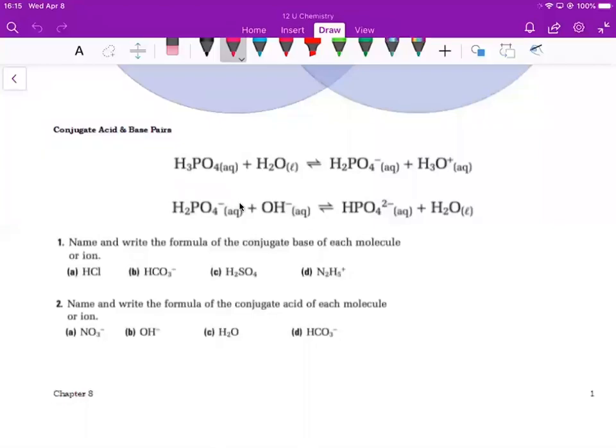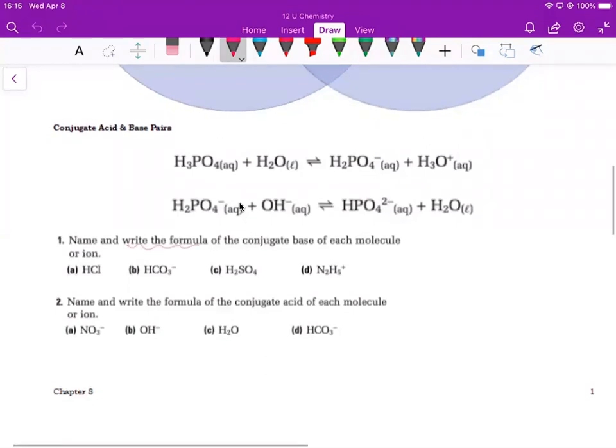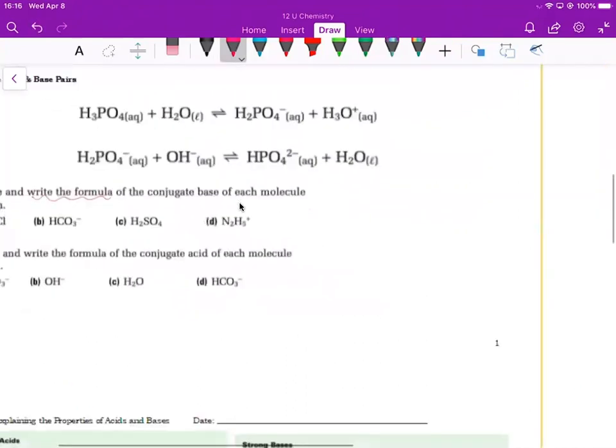Okay, and so now I'm bringing up some of the questions that I want you to do. So number 1 and number 2, and I think I need you to do 3 and 4. These ones are pretty easy. You won't be able to write the name for some of them, but I mean, you can Google them. So what I expect from you is